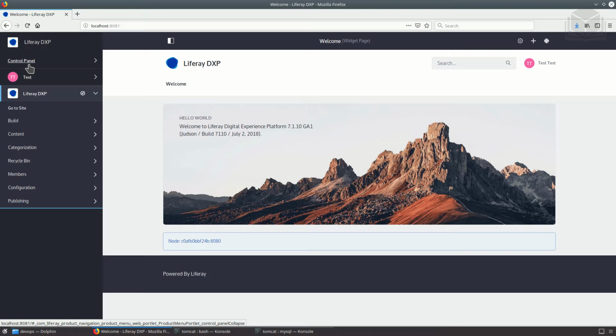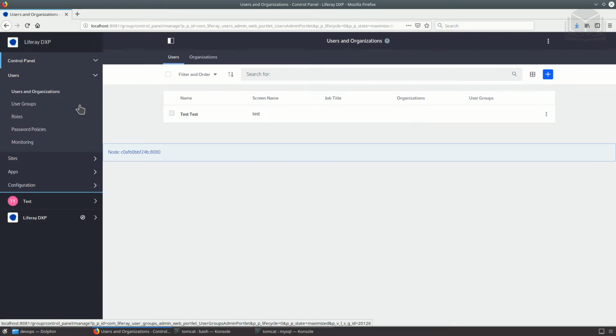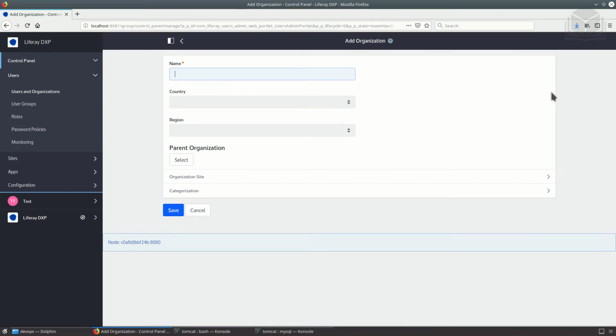Let's go in here. I'm logged in as the administrative user. I'm actually the only user in this system, as you know. And we'll go to Control Panel, Users, Users, and Organization. And first of all, we're going to create an organization. Now this organization will be named Administrators,